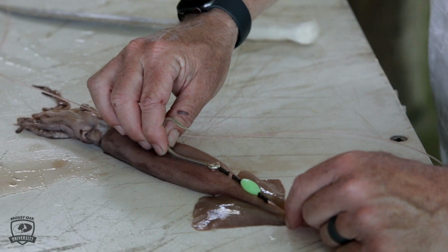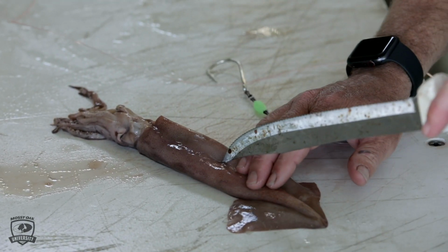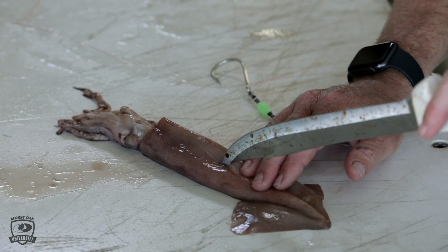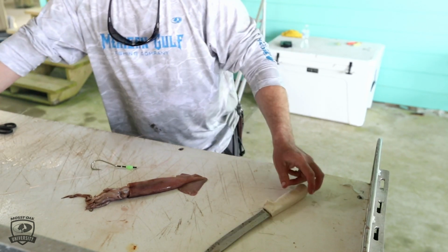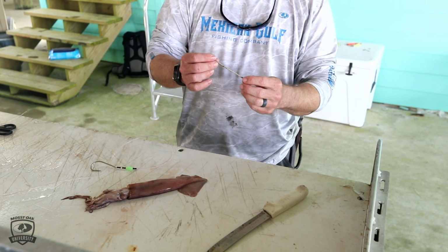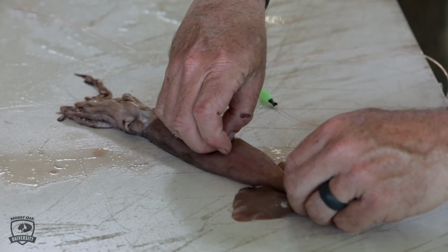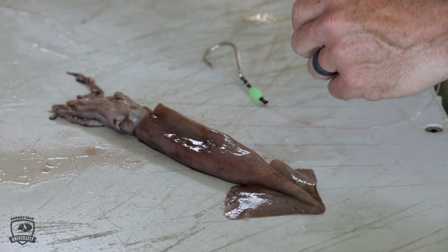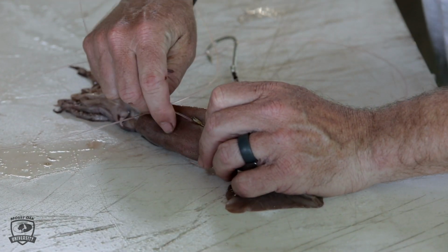So I'll lay it right like that and see how it's gonna lay out, and then I'll take a knife, I'll cut a slit where that hook needs to go in. And I take a little piece of tubing that you can buy just at any hardware store, and I'll run it in there. It's hollow, so you can run your leader inside of it,